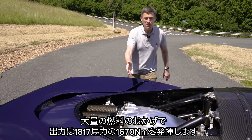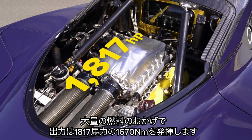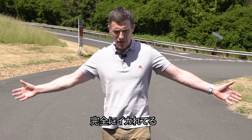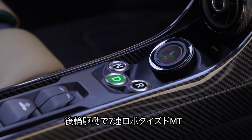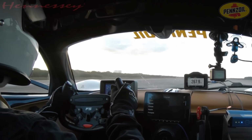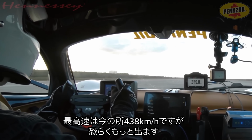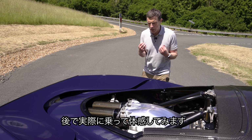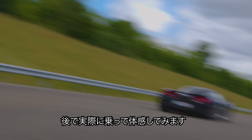And this delivers 1,817 horsepower and 1,617 newton meters of torque. It's completely bonkers, and it drives the rear wheels only via a 7-speed robotised manual gearbox. 0 to 60, 2.6 seconds. Top speed? Well, so far, Hennessy has taken it to 272 miles an hour, but it will go quicker. And I'm going to feel just how quick it is when I do a full bore second gear roll on